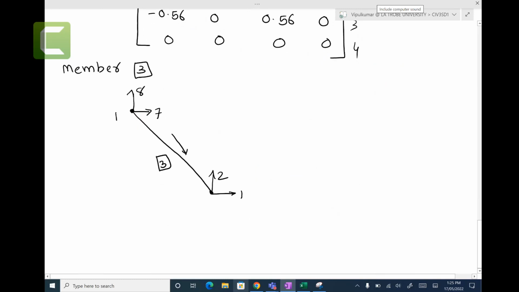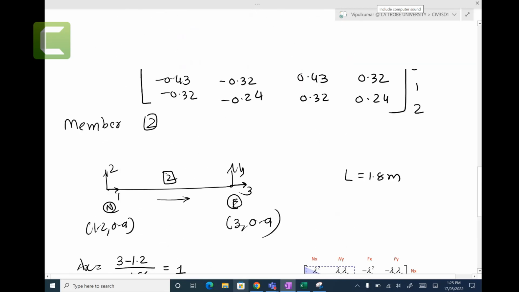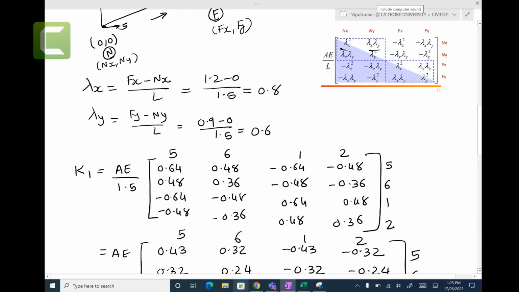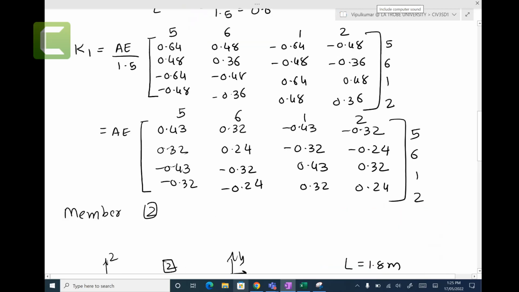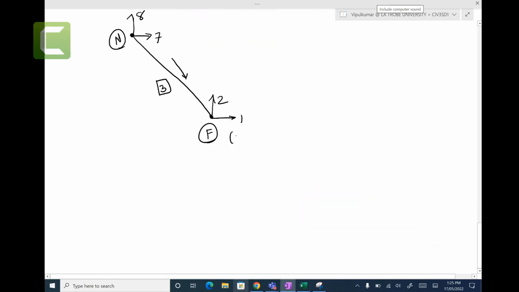So this is the near node, this is the far node. The coordinates that we want are 1.2, 0.9, and 0, 1.8. Lambda x is equal to